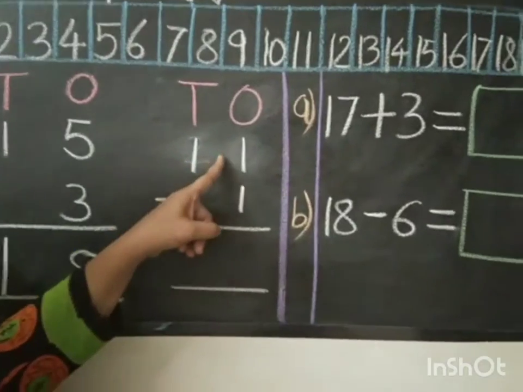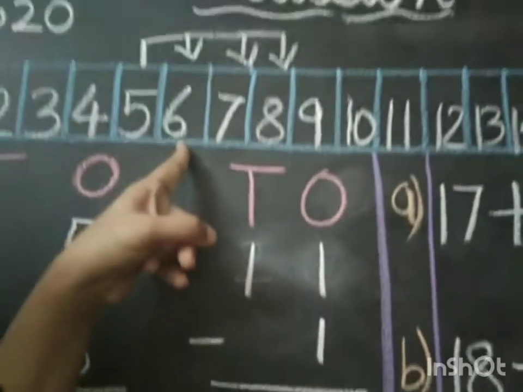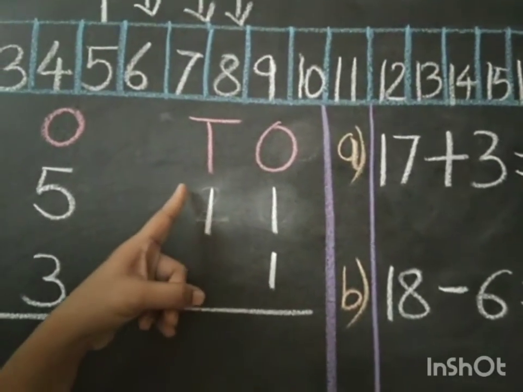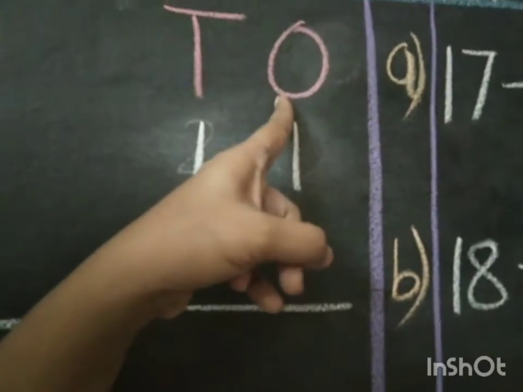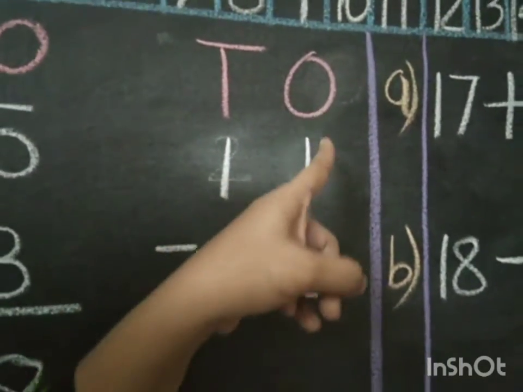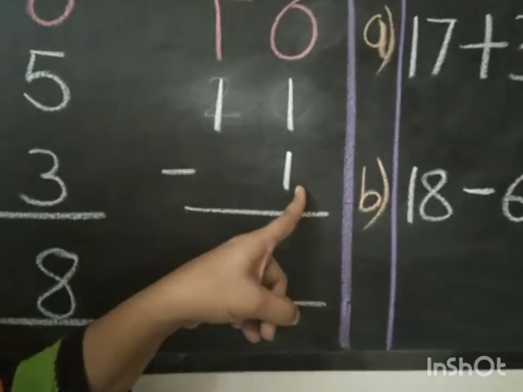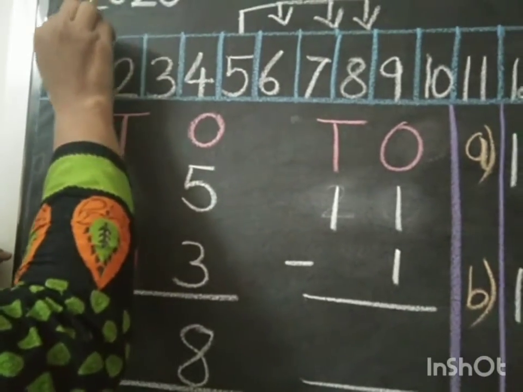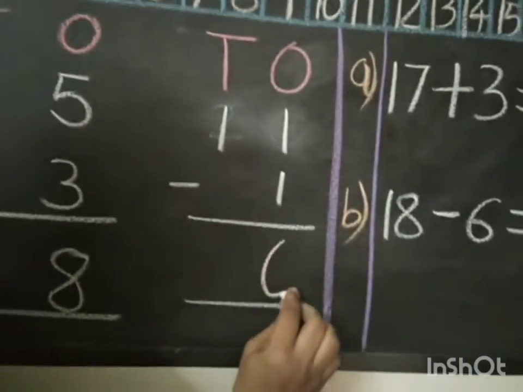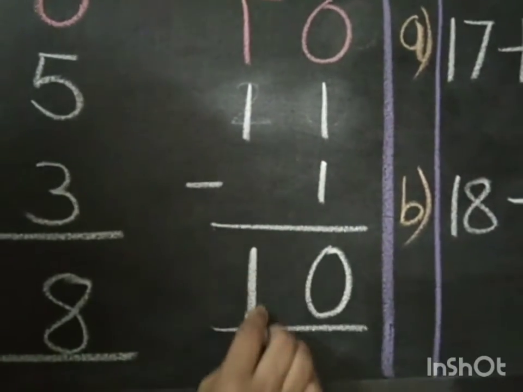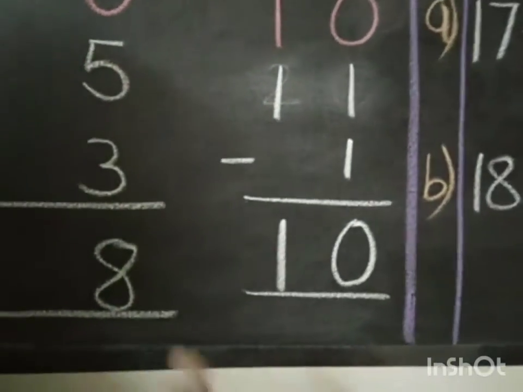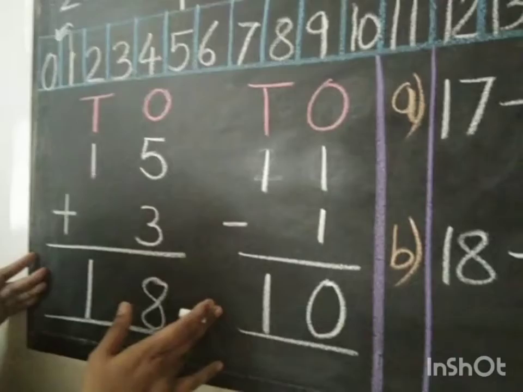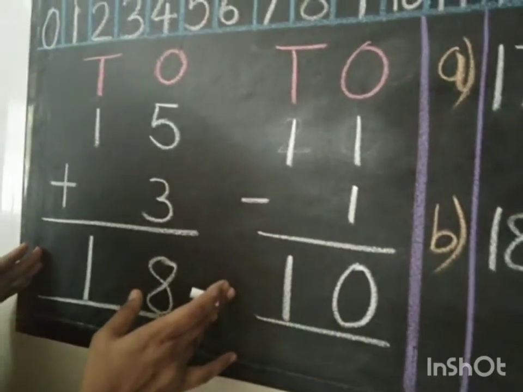Similarly, when we subtract the numbers, we can use this number strip. You can again see that tens and ones is written here, T and O. Then on the ones place, number 1 and 1 is there. So 1 minus 1. So 1 minus 1 is equal to what? 0. And 1 will be like that, because 1 minus 0 is equal to 1 only. Now you see here, this is the vertical way to add and subtract.